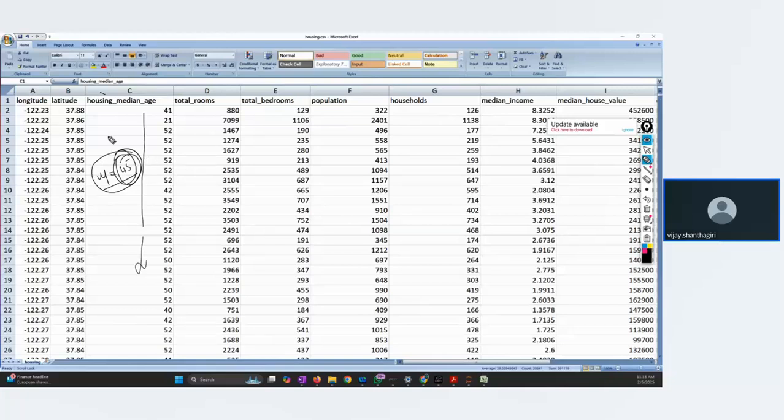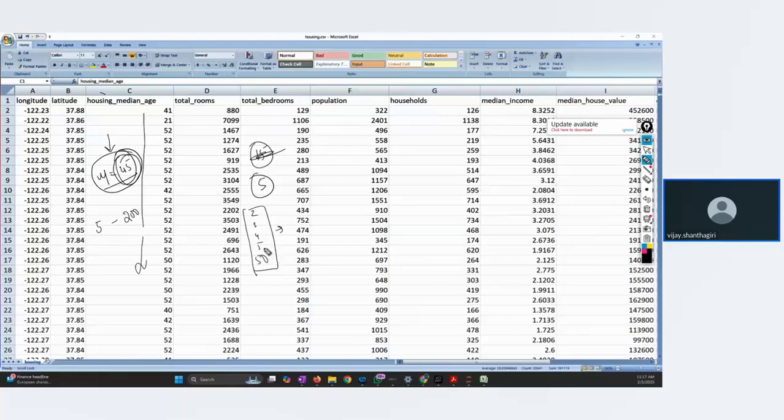But we can't rely on this number. Why? Because what if in this entire 20,000 data set, all the houses are about 5 years old and one house is around 200 years? Suppose you have 5 houses. One house is 2 years, another is 3 years, one is 4 years, one is 5 years, and another house is 50 years old. Now, if I want to say what is the mean of it,